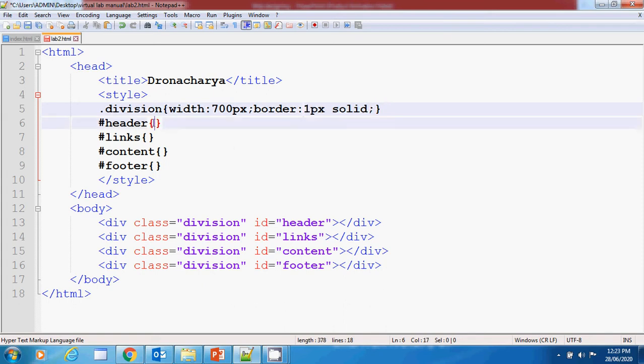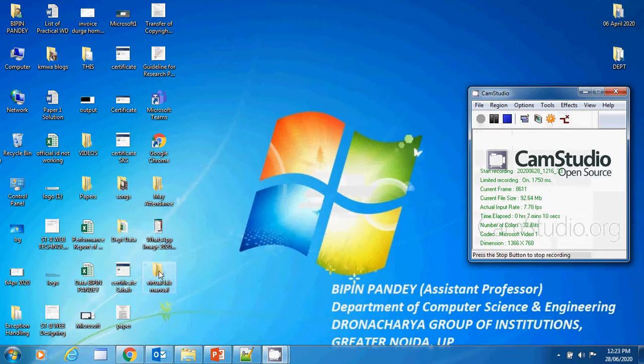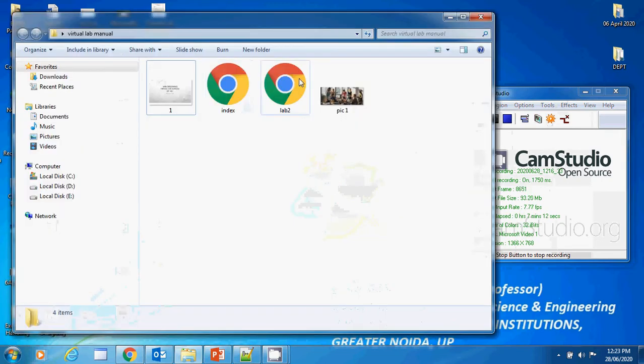Now if we see this, right now only this is displayed, nothing more than that. Our title is coming as Dronacharya. Apart from that, nothing is being displayed from this bordered layout, right? Now we need to lay this out in a proper way.